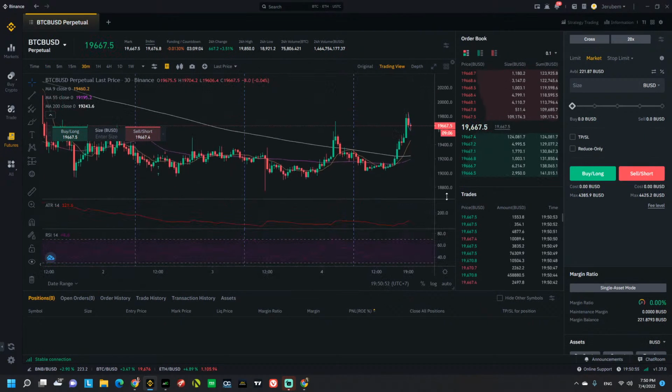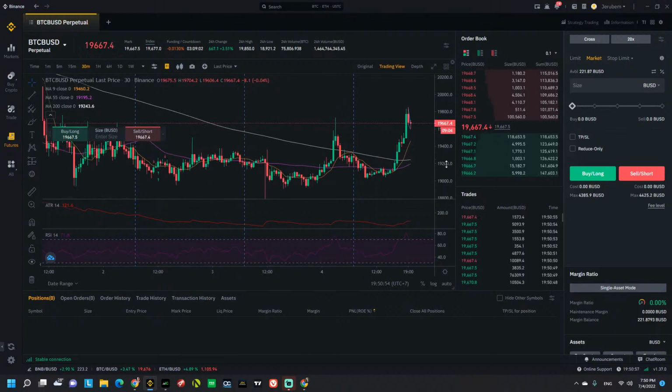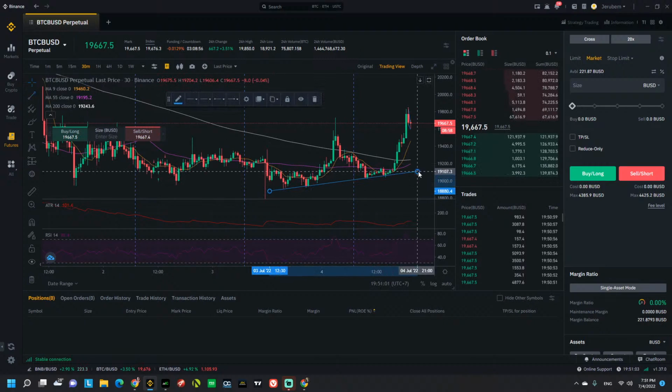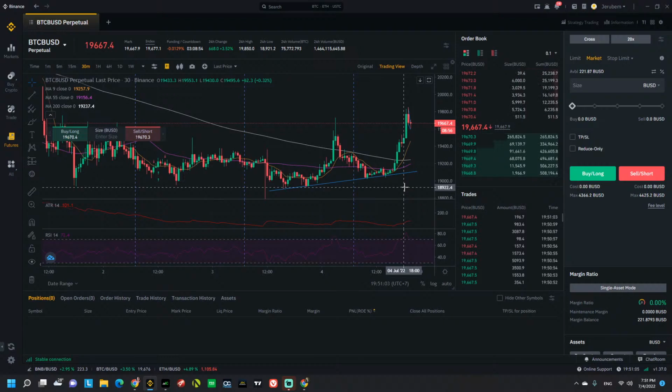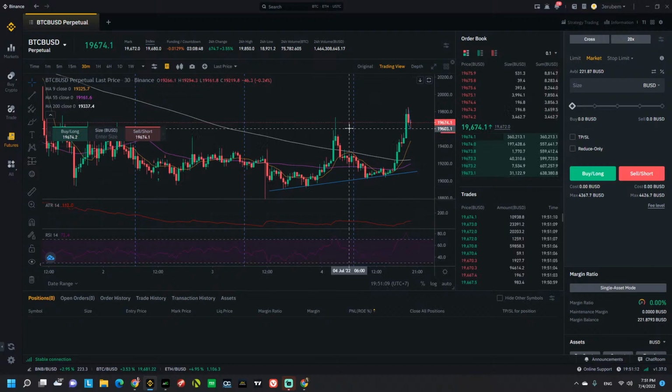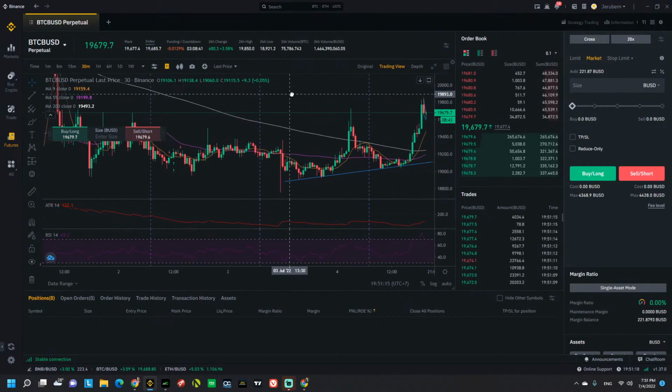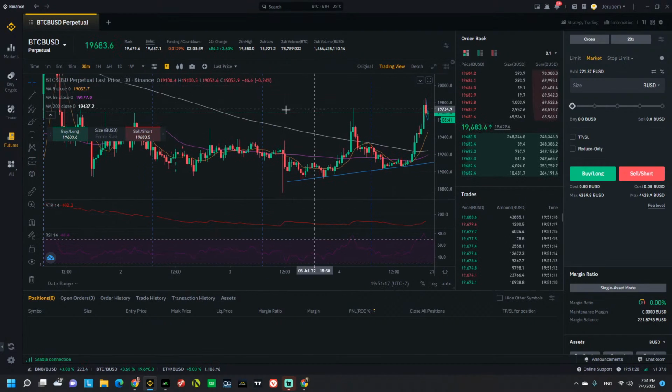What might happen is... oh, it's okay. So this is the 30-minute. It just broke this high here. So if you're looking at a retrace to this high,